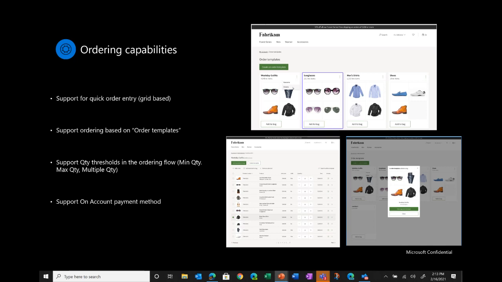Or they want the order for a given product to be in multiples of, let's say, 2 for that matter. So they can only order in units of 2, 4, 6, 8, and so on. So if you have business rules like that you want to configure for your products, you can define those business rules and configuration in Commerce HQ. And then as users are going through the ordering experience, these business rules and validations will kick in so that when users are placing the orders, they are of optimal quantity.